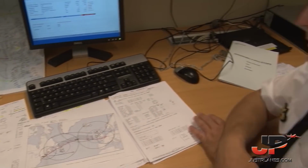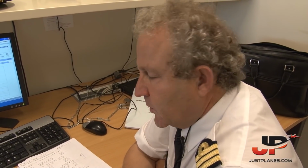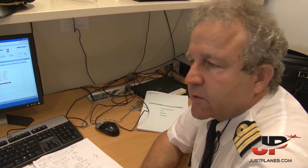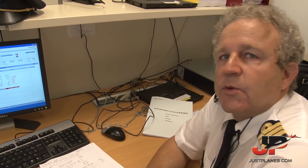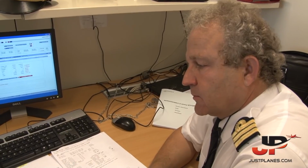So regarding the fuel we need, with all these configurations, we have the possibility perhaps to make some hold at New York due to the showers, so we take more fuel to be able to hold a little bit. And also there could be a runway change in New York, which increases our consumption, so we take a little bit more fuel for those reasons. So the extra fuel we chose...